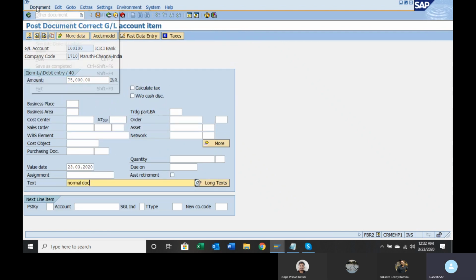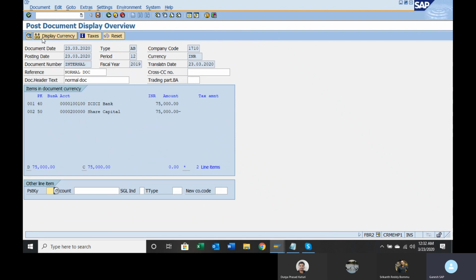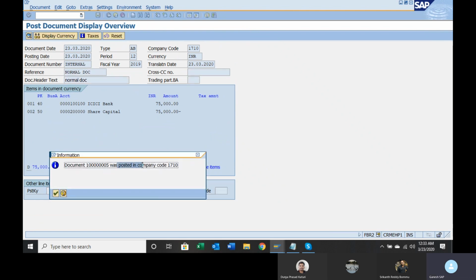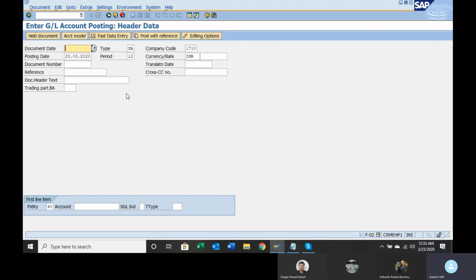So you can copy from an existing document that is posted, and you don't need to enter all the data every time. You can copy it from the relevant reference document and post it. So this is now posted. Whenever you see the word posted, only then is the system updating the GL values. Otherwise, it will not update. So that 91 series sample document will still be there in the system. As and when you want to use it, you can use it.